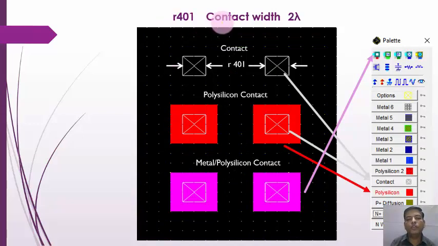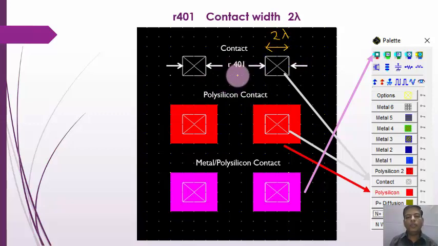Then rule number 401, that is contact width. Rule number 401, contact width, 2 lambda. So contact we have taken from these particular locations. Here these contacts should be taken from this particular area. So contact width is 2 lambda, and this distance should be exactly 2 lambda.